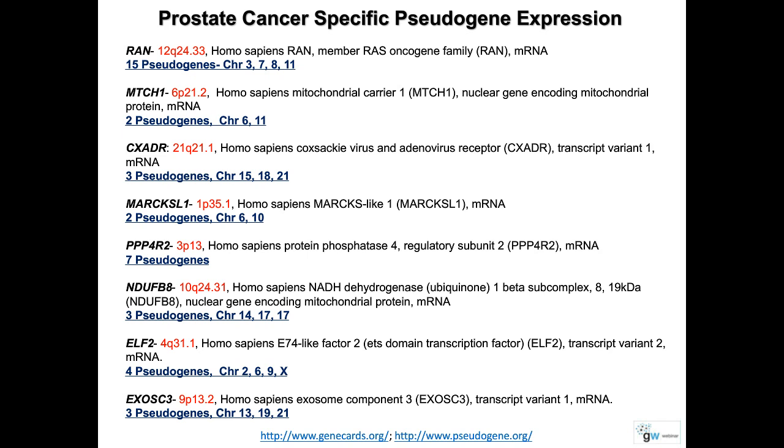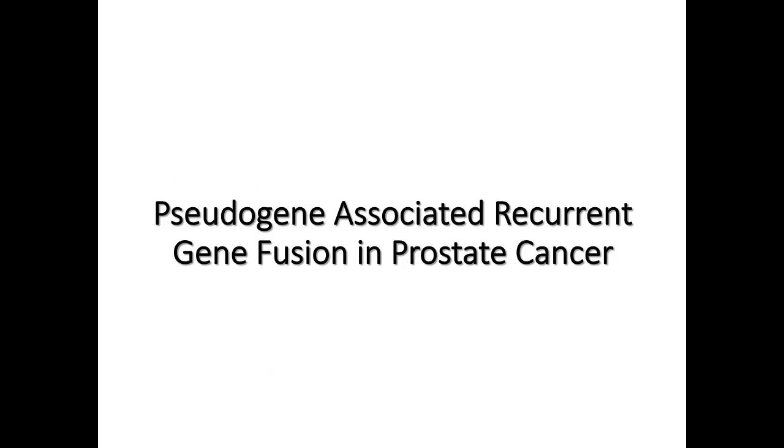So besides identifying these 8 candidate pseudogenes that are expressed in full length, we found something interesting. Since gene fusions are associated with several cancers, like the BCR-ABL gene fusion in chronic myeloid leukemia, EML4-ALK in lung cancer, and TMPRSS2 in prostate cancer, we found a new gene fusion that involves one protein coding gene and a pseudogene, and that is expressed specifically in prostate cancer. I will talk more in detail in the subsequent slides.